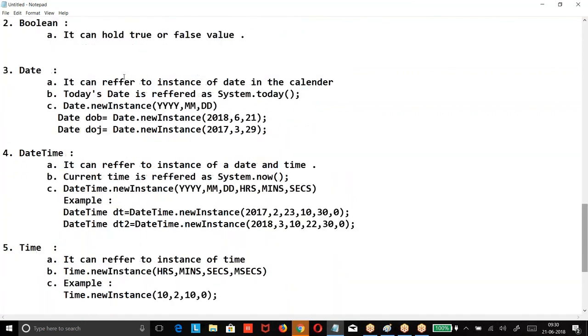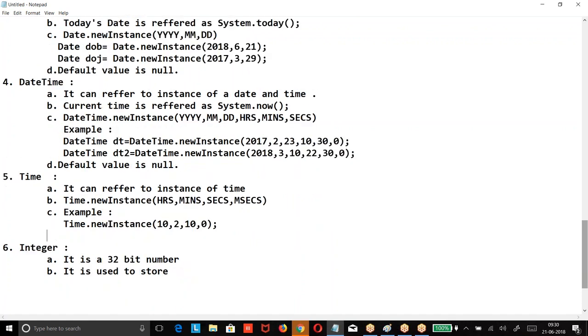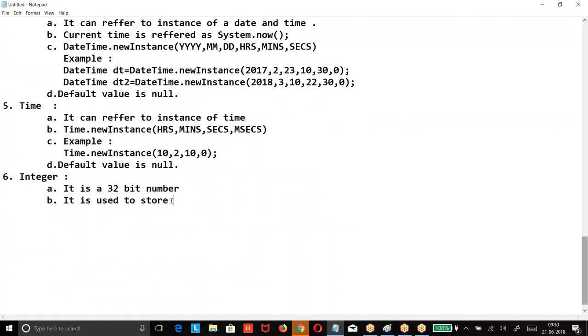I told you, for all the data types, no need to mention it, by default it is considered as none.